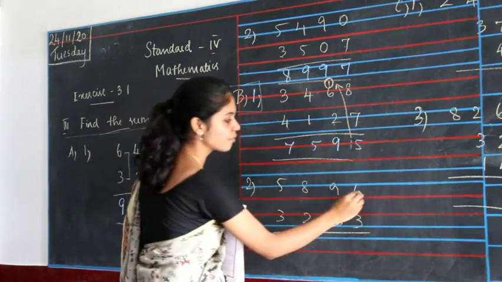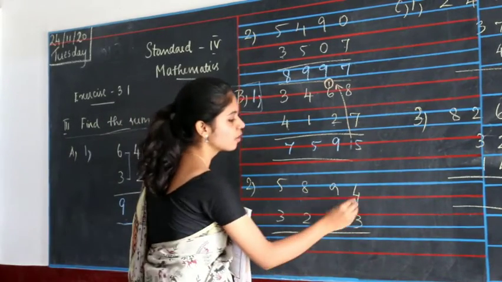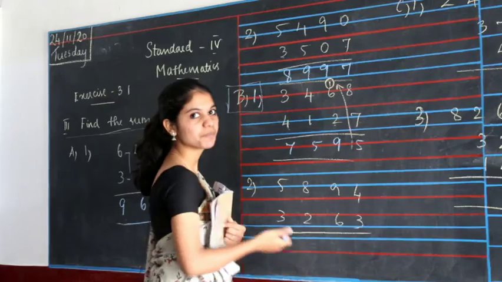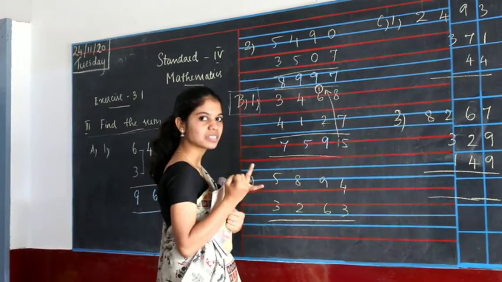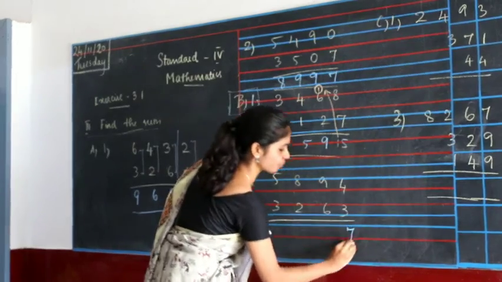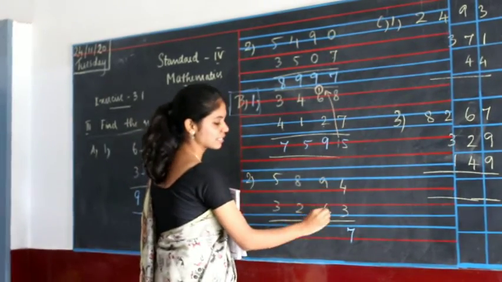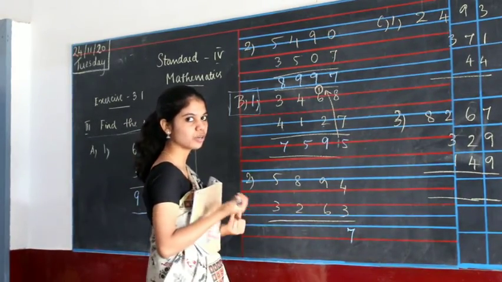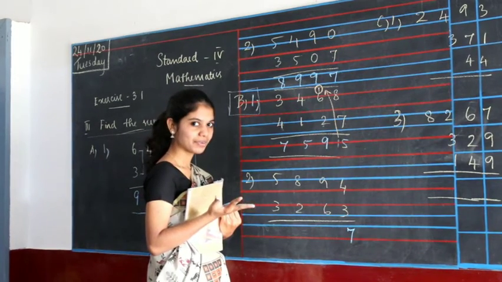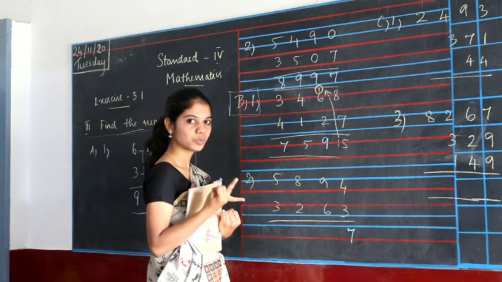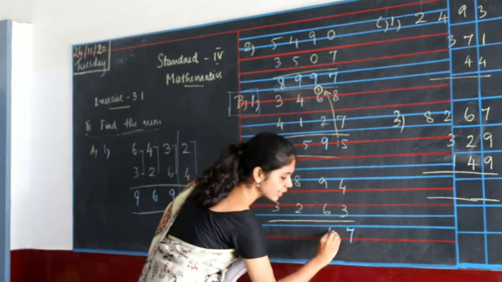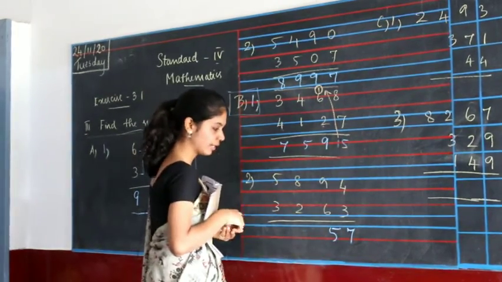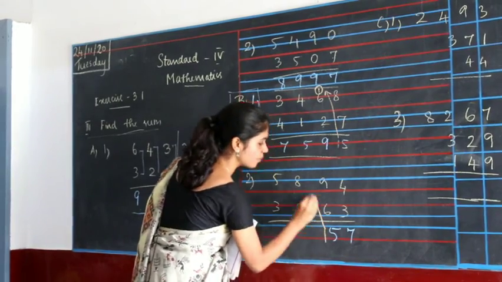Next, in the same way, this is also with carry. 4 plus 3 will be 4 in your mind, 3 in your fingers. 4, after 5, 6 and 7. Same way, 9 plus 6 will be 9 in your mind, 6 in your fingers. 9, after 10, 11, 12, 13, 14, 15. So 15. 5 is your unit and 1 will be your carry.